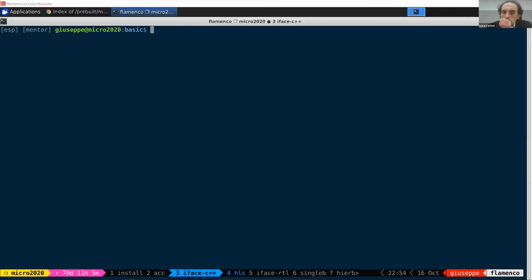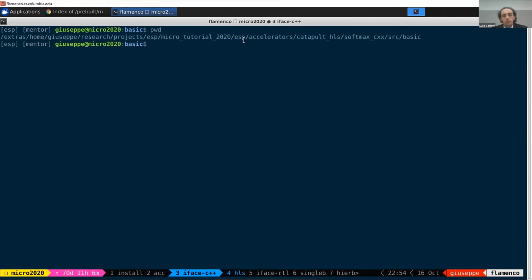Let's have a look at the synthesis step. In particular, let's start from the source directory. Here, if you remember, we have unzipped the material for the tutorial, and in particular, the HLS project ended up in this directory: accelerators, catapult_hls, softmax_cxx is the C++ version. And src_basic is one of the two architectures that we are designing. Here in this directory we have the source code,